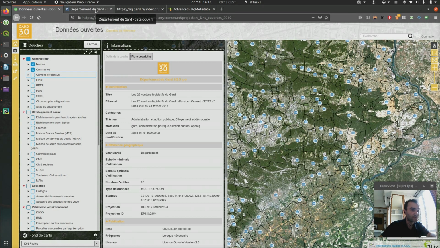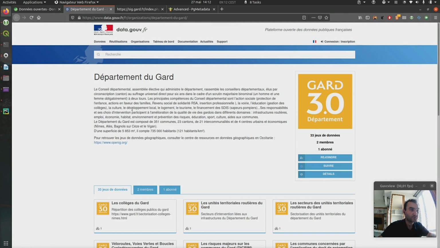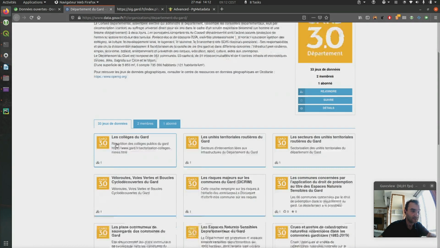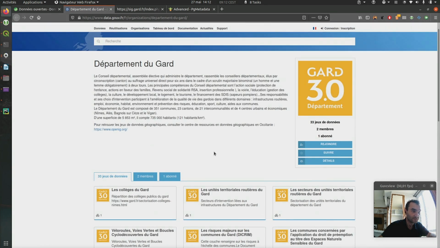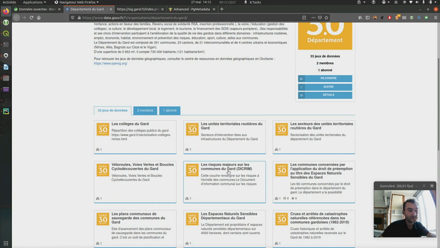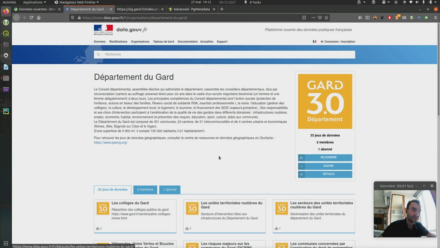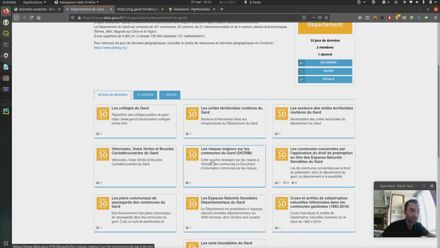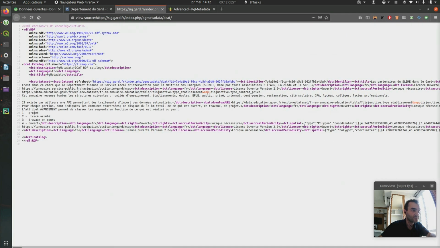And also this module on ListMap is providing a DCAT catalog entry point, which can be harvested by another service. So for instance, this is the Open Data Portal of France, showing for this province all the data sets. So this has been fetched by PgMetadata, providing the DCAT XML, and then this Open Data Portal has read the XML file and added every entry. So this is, for instance, the XML generated on ListMap,